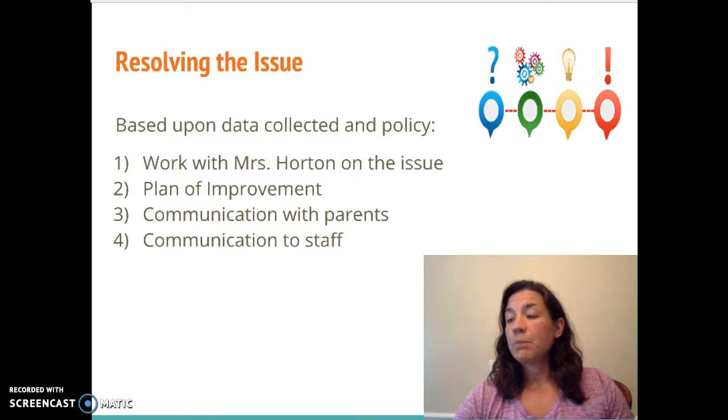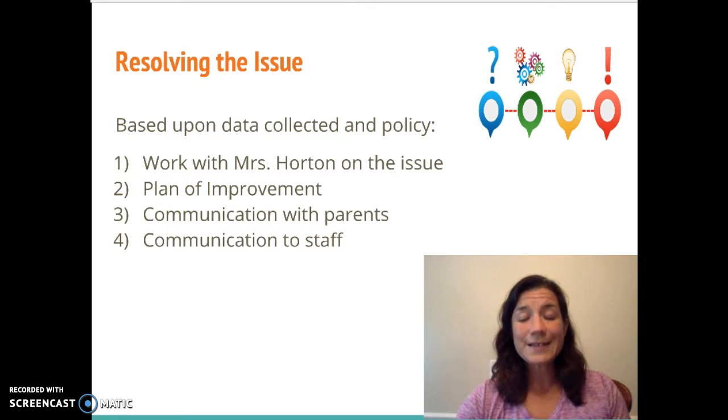I do believe that in most districts, a teacher has to be put on an improvement plan before they can be let go. So, based upon that, the plan of improvement with Mrs. Horton would need to work on her behavior with students and to build a more positive environment. I would want to build as much support as I could into this plan, which possibly may include a peer mentor to work with Mrs. Horton, and have high amounts of administrative presence in the classroom to monitor the culture of the classroom.